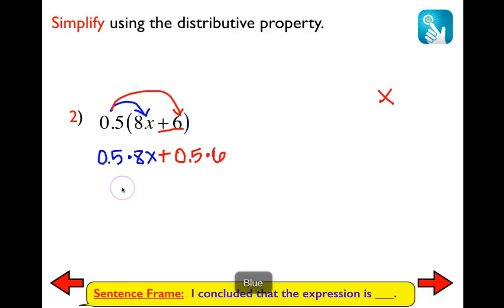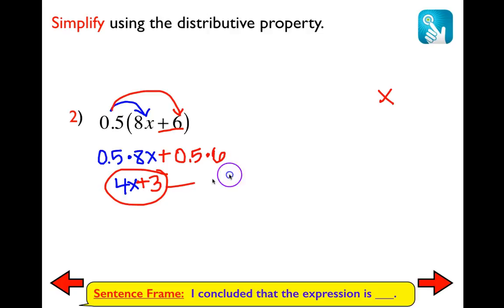So now I'm going to simplify what I have. 5/10 times 8 is 4x, and a positive 5/10 times 6 is a positive 3. Another way you can read this is what is half of 8x? What is half of 6? Because 5/10 is half. So I'm going to say that I concluded that the expression is 4x